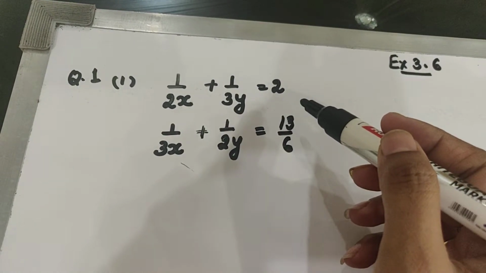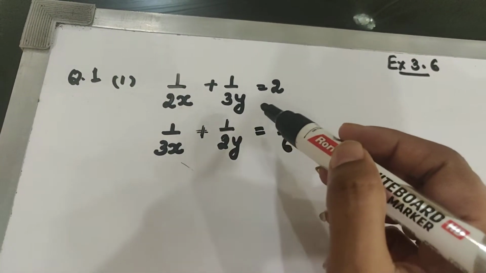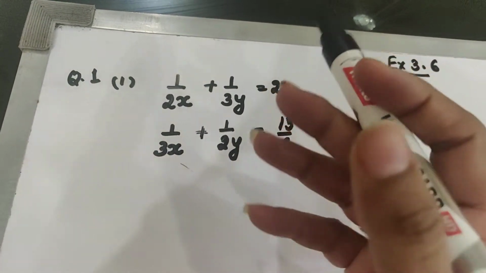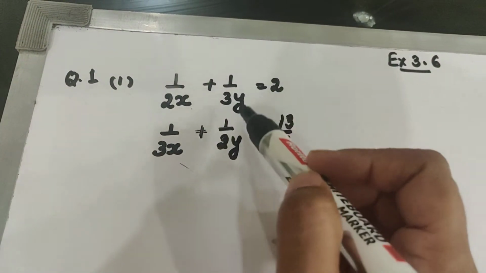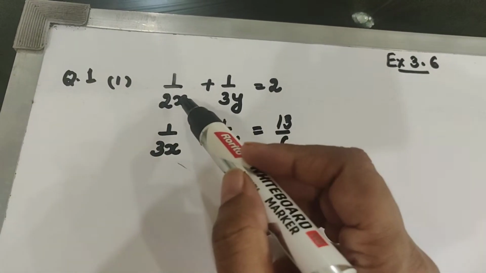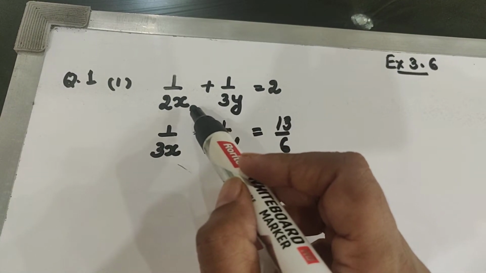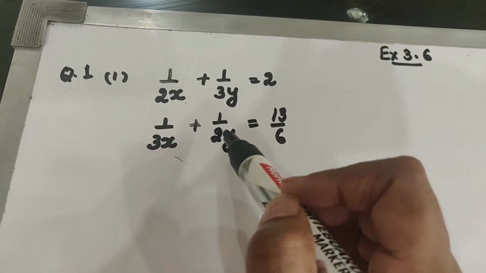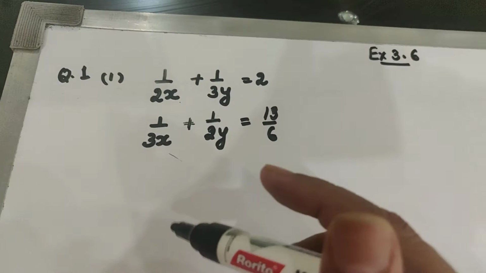अब कुछ बच्चे सोच सकते हैं कि मैम ने बोला था लीनियर इक्वेशंस वो होती हैं जिनकी डिग्री 1 होती है. अब यहाँ पर x की भी पावर 1 है और y की भी 1 है, तो फिर ये लीनियर इक्वेशन क्यों नहीं है? क्योंकि बच्चे यहाँ पर x और y डिनोमिनेटर में है. ठीक है, डिनोमिनेटर में जब x एंड y हैं तो इसका मतलब इनकी पावर 1 नहीं है, इनकी पावर है -1. That is why they cannot be considered as linear equation. So we have to convert them into linear equation and then we have to solve them.